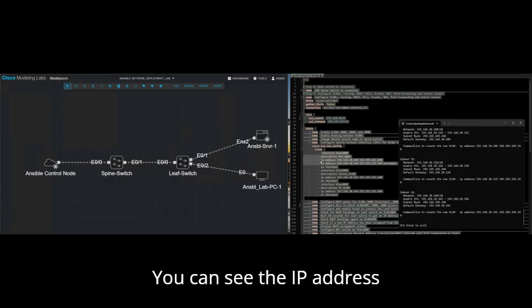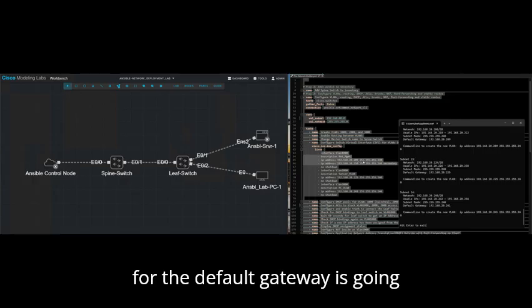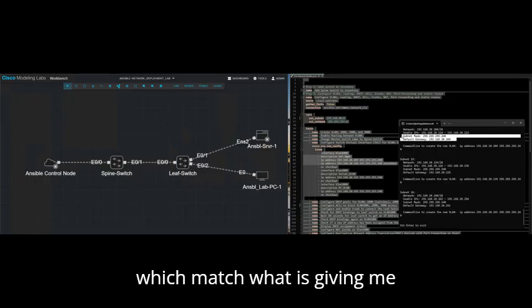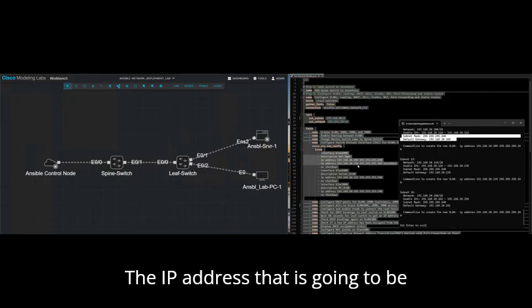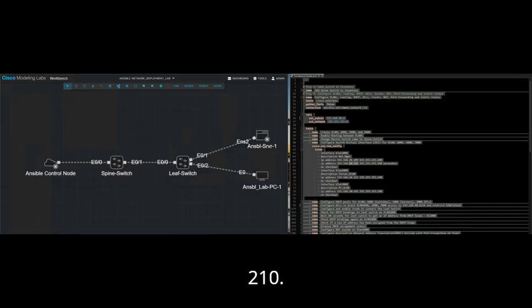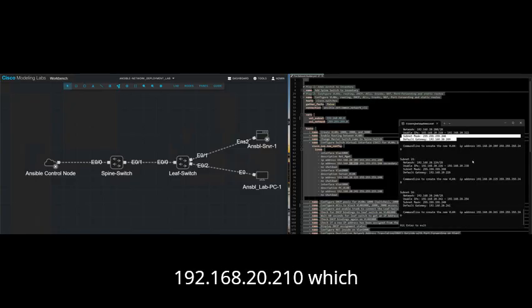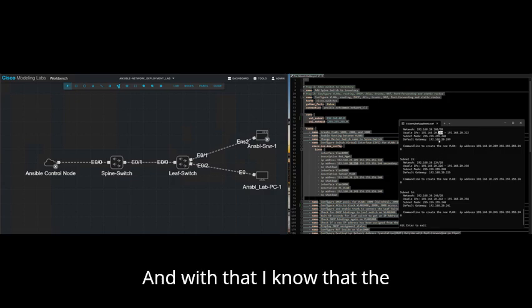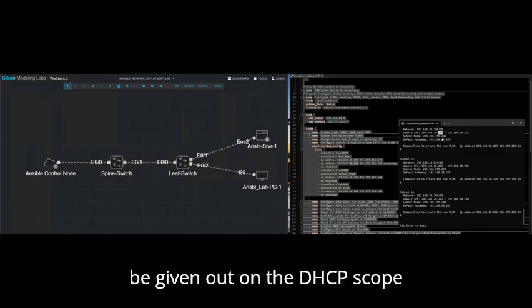You can see the IP address for the default gateway is going to be 192.168.20.209, 255.255.255.240, which match what is given me here. The IP address that is going to be configured for the router is going to be 210, meaning 192.168.20.210, which is the first usable IP address after the default gateway. And with that, I know that the first IP address that is going to be given out on the DHCP scope is going to be